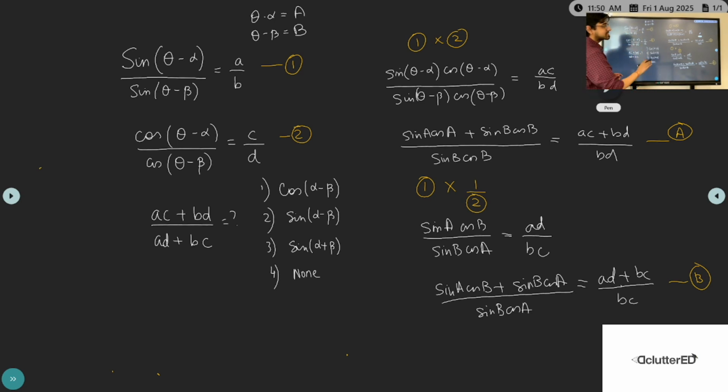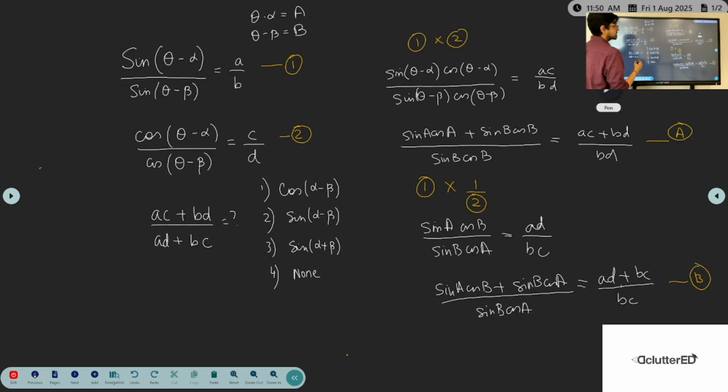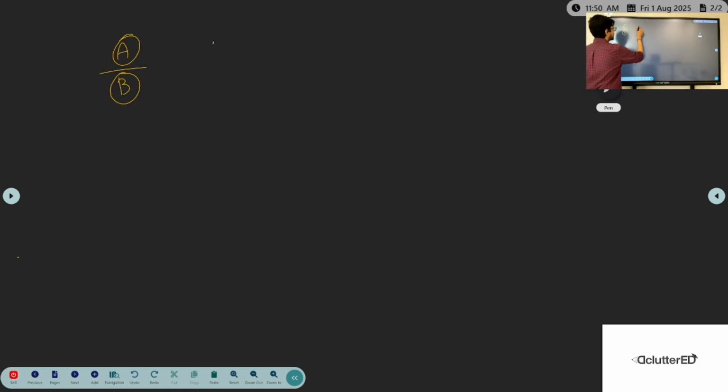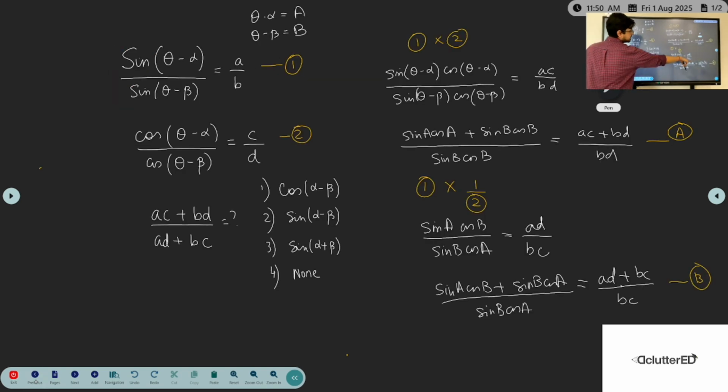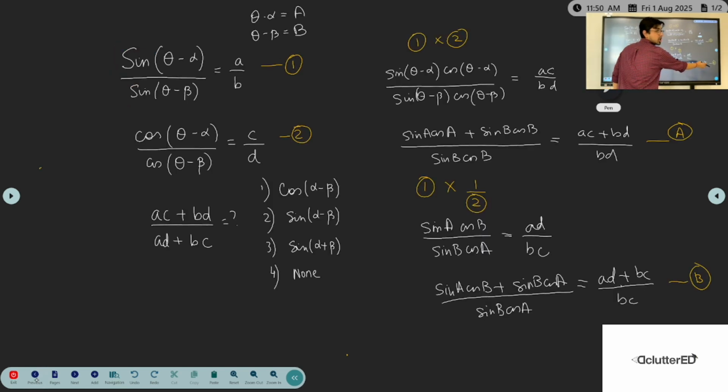Now, once this is clear to us, we need (AC plus BD) by (AD plus BC), which I will get by simply doing expression A by B. So my RHS in that expression is going to be my required term, (AC plus BD) by (AD plus BC), into BC by BD, because this term is not going to get cancelled. This is equal to